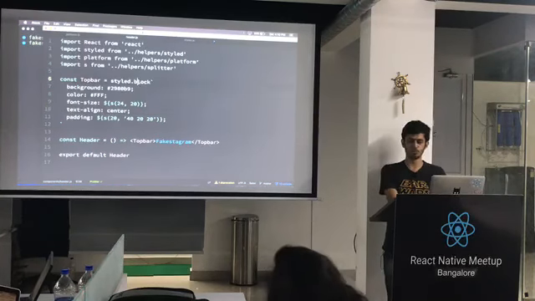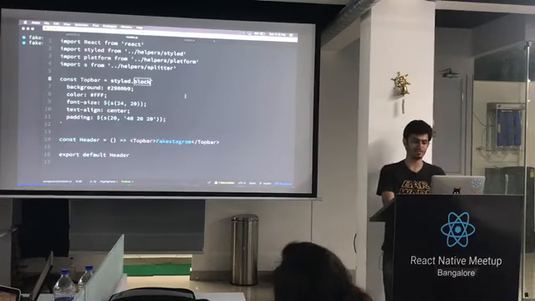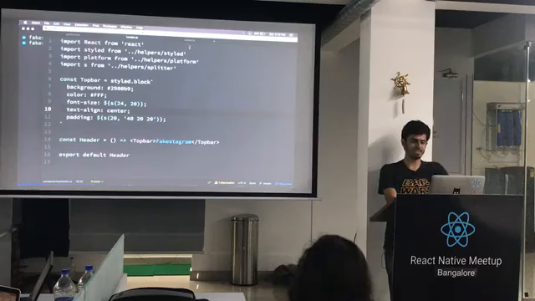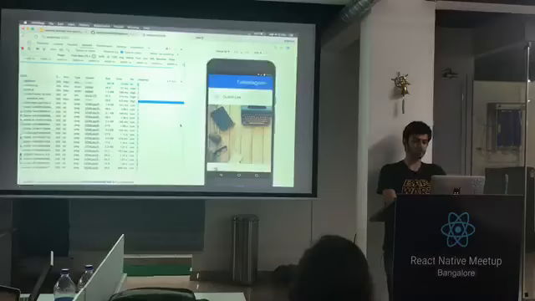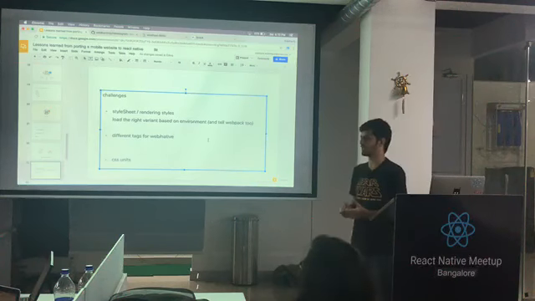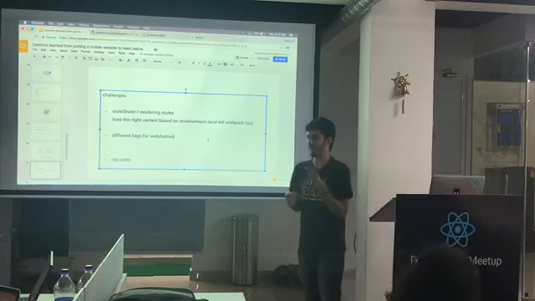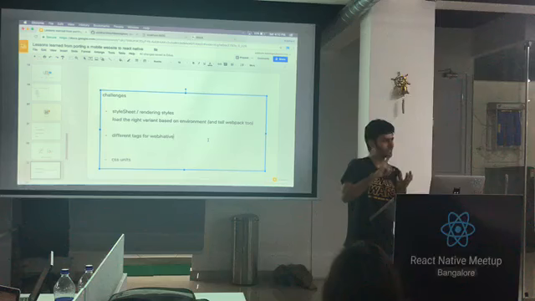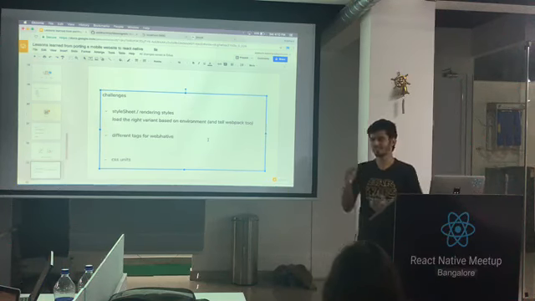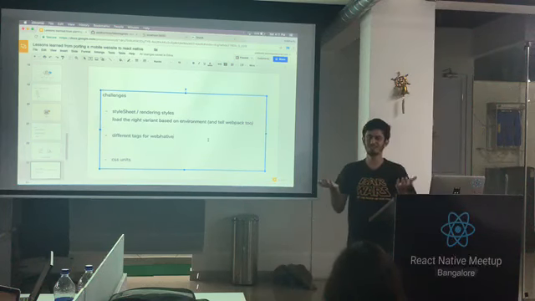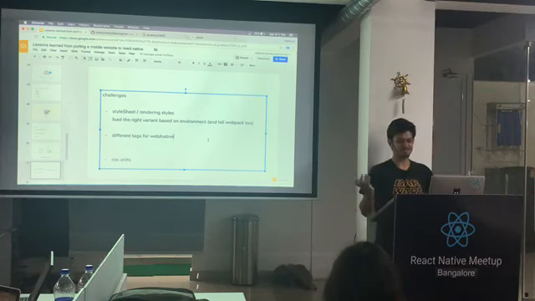Now if you see, there is this voodoo that I've written block, right? Like, what is this block? Usually you just do a div and move on with your life, right? This voodoo exists because the second problem with having both of these is that there are different tags for web and native. So on web you have div, span, anchor, image, all of those guys. On native you have view, text, scroll view, right? So for some reason they couldn't figure out how to make view actually scroll, so they decided to make 2, which is awesome for us because we just have to support 2 now.